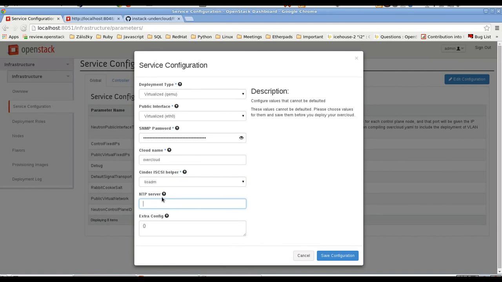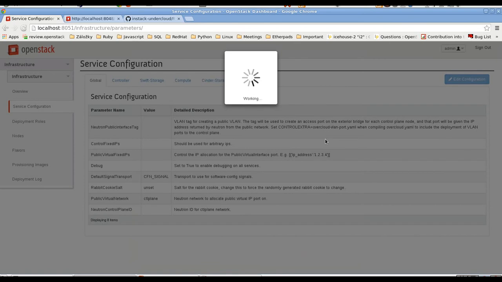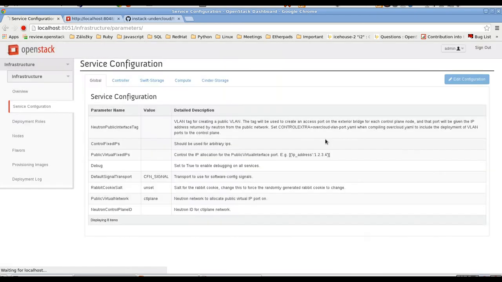Enter NTP server can be blank, it will use the public ones, and extra config can be blank too. Good, service configuration is done,